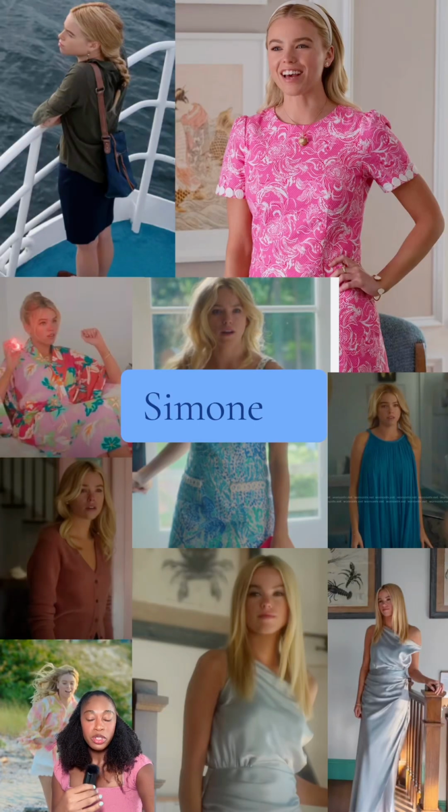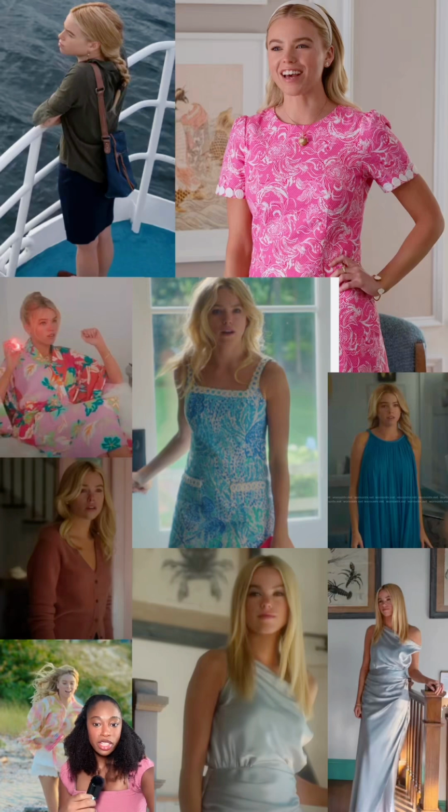Next, we have Simone, who to me depicts the most obvious transformation with her style from beginning to end. When we first meet her, she is so stereotypical preppy Lilly Pulitzer, and it kind of looks like she's a kid playing dress up in these brightly colored shift dresses. Her color palette is mainly pink and warm tones, but then we see her start to incorporate more blue into